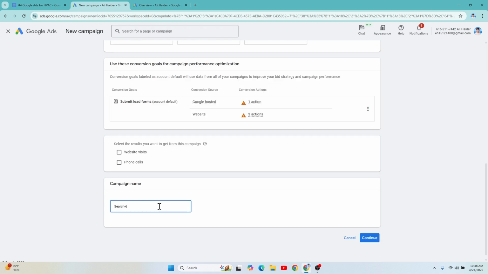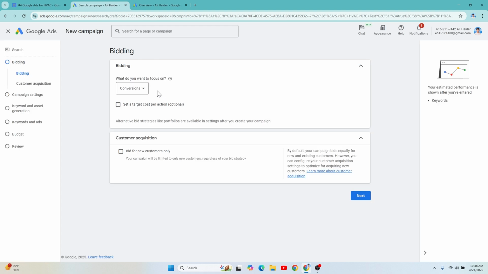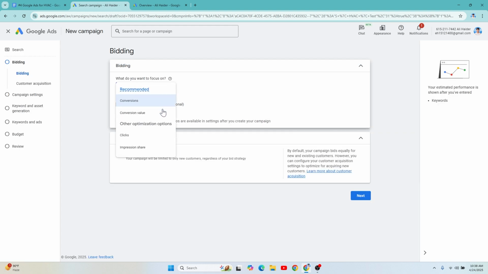Now add a campaign name here. Keep the name very simple so you can remember. Click on continue. For the bidding part, skip it for now because here not all the available options are shown. We will check this after creating the campaign. So for now, skip this. Don't worry about this setting. This is not for you.